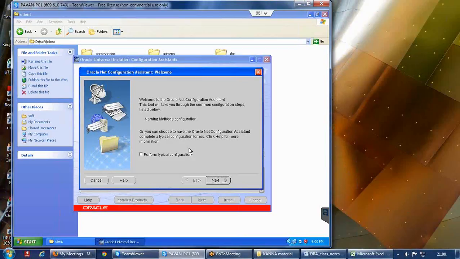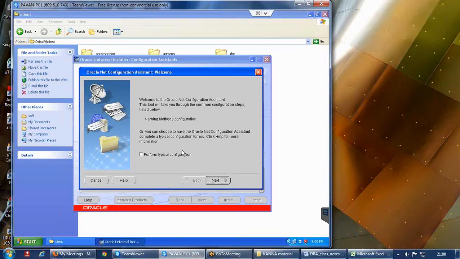One thing is, while installing the Oracle client software itself, Oracle will give you the option to configure tnsnames.ora. You can do that with the help of this tool, which is named Oracle Net Configuration Assistant, and shortly we call it NetCA. You can see the name over there. This NetCA is going to help you configure the file that we are talking about, tnsnames.ora. You can do that during the installation itself, or you can do it later also.